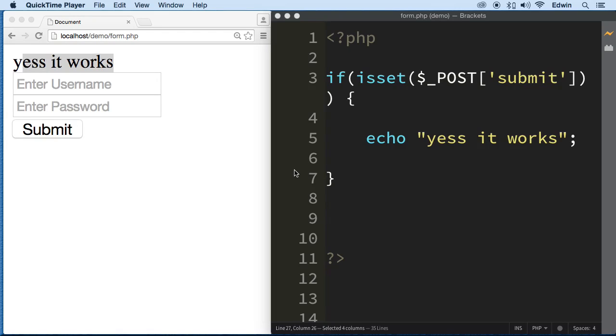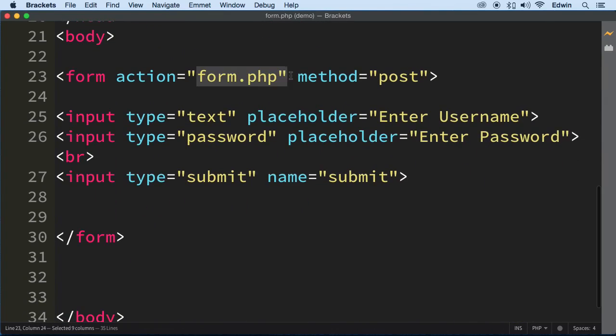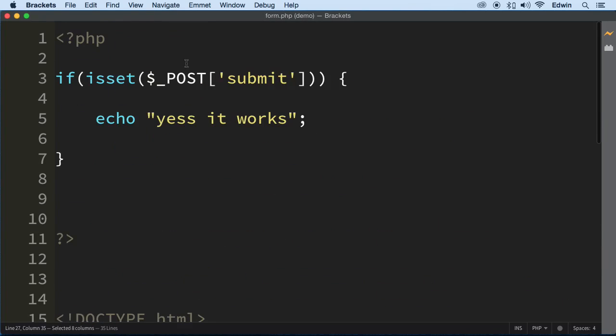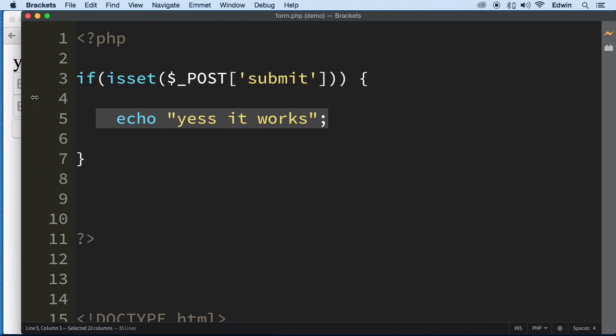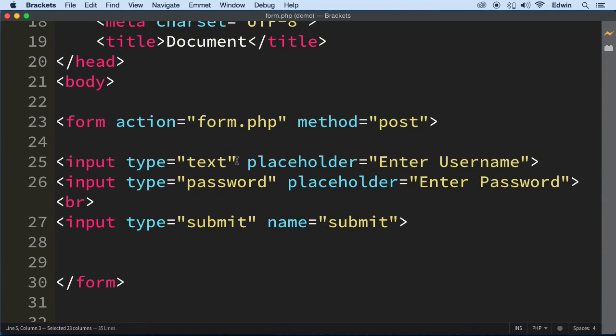Alright, so in the last video we saw that we were able to take some data out of the form. When we click submit, we check for this submit attribute value up here, and when the form was submitted we echo this, right? So we were able to check on that. Now what we need to do is check on the rest. We need to actually pull this information from the rest of the form